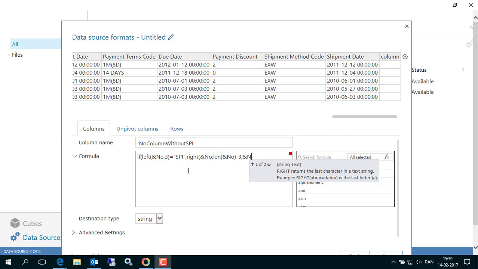Now, if that one is false, if it doesn't contain SPI, we should just transfer the number string. Notice the red dot in the upper right corner. It means that my syntax is not entirely correct yet. I'm probably missing a bracket somewhere, and right here actually. So if I put in my bracket now, we should see it turn green